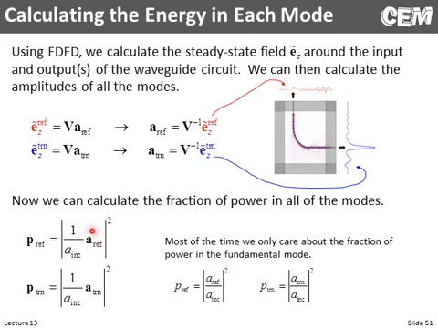So given all the amplitudes of the reflected modes and the amplitudes of the transmitted modes, we can use this equation and come up with a column vector that tells you how much power, relative power, is in each of those modes. And by relative power, if there's 10% there, that means 10% of the initial guided mode went into the particular mode that we're talking about. So we have a column vector of powers in the reflected modes, and column vectors of power in the transmitted modes. These are equivalent to diffraction efficiencies of the spatial harmonics. A little bit weird to talk about diffraction efficiencies with guided modes, so we don't use that verbiage, but